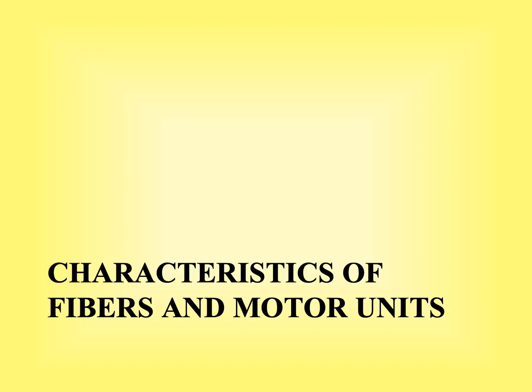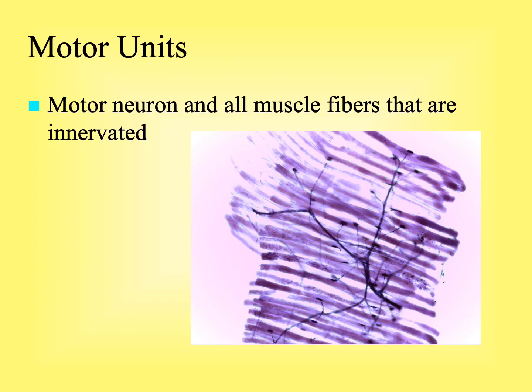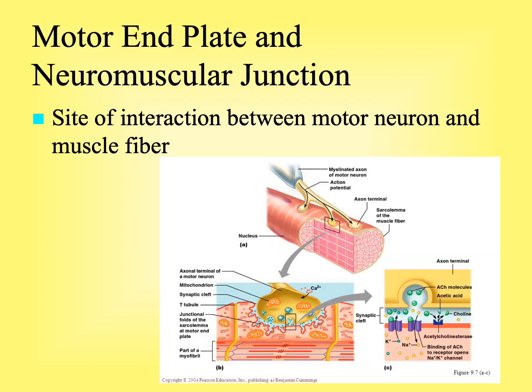So we're now going to move into the characteristics of the fibers themselves and what's referred to as motor units. A motor unit is the motor neuron and all the fibers that it innervates. And so what we're looking at here is a single motor unit. The motor unit has a functional end to it. The functional end of the motor unit is referred to as the motor end plate or the neuromuscular junction. The motor end plate and neuromuscular junction is the interaction point between the motor neuron and the skeletal muscle itself